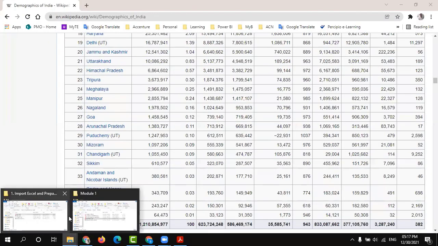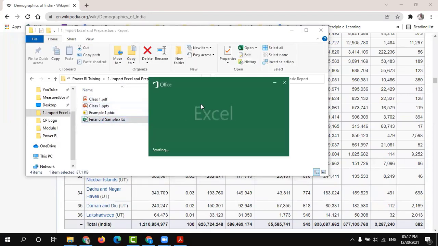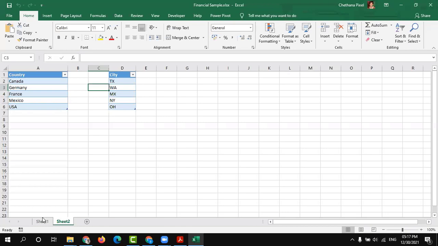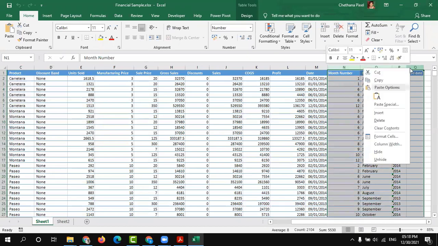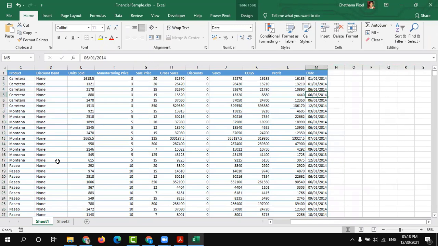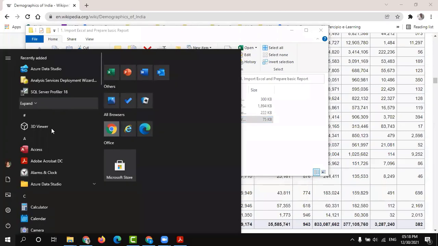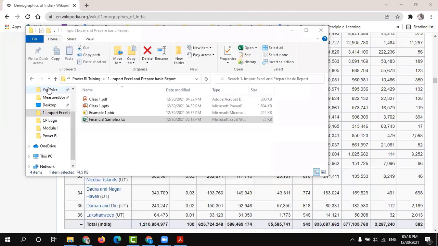One more time, I will import the financials data. So let's say we don't have these three fields. You have to save it and again launch the Power BI application.